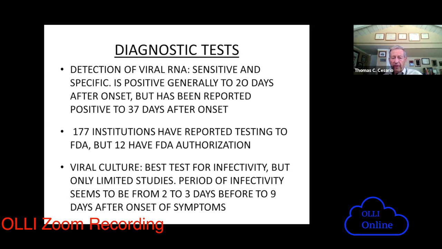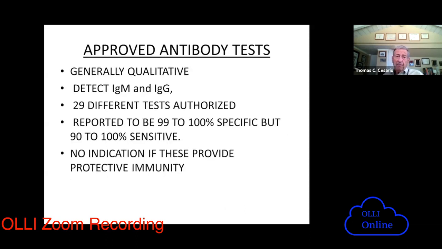Next slide. Now there's another way you can tell if a person has ever been infected, but you can't tell when they were infected, and that's to measure their antibodies. And this is usually now a qualitative test. That is to say, you draw the person's blood and you measure whether antibodies are present, and it just tells you yes or no. Usually with antibody tests, we like to know how much antibody is there. But most of the current tests now, until one that was just released in the last few days, only tell you yes or no. And these have been authorized to a large extent, about 29 of them.